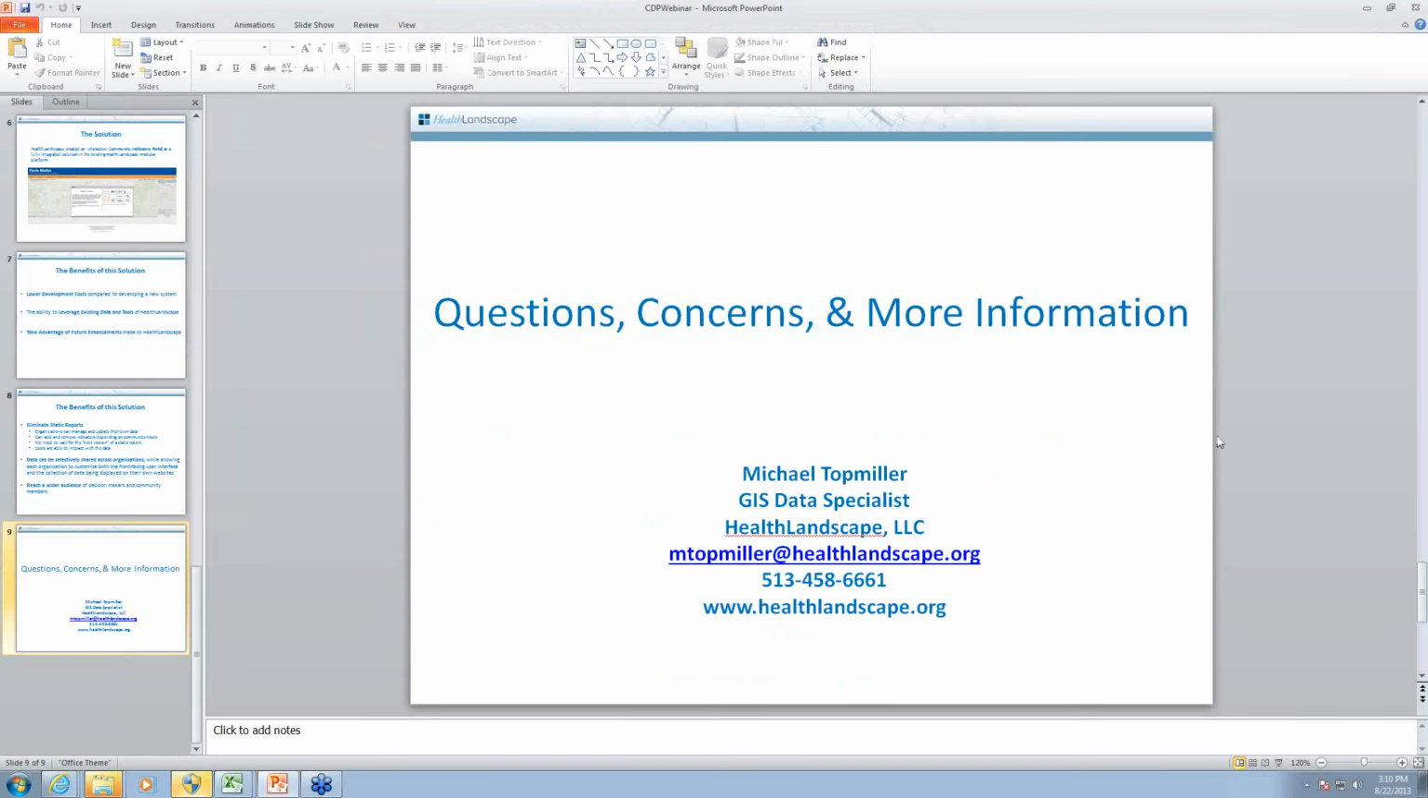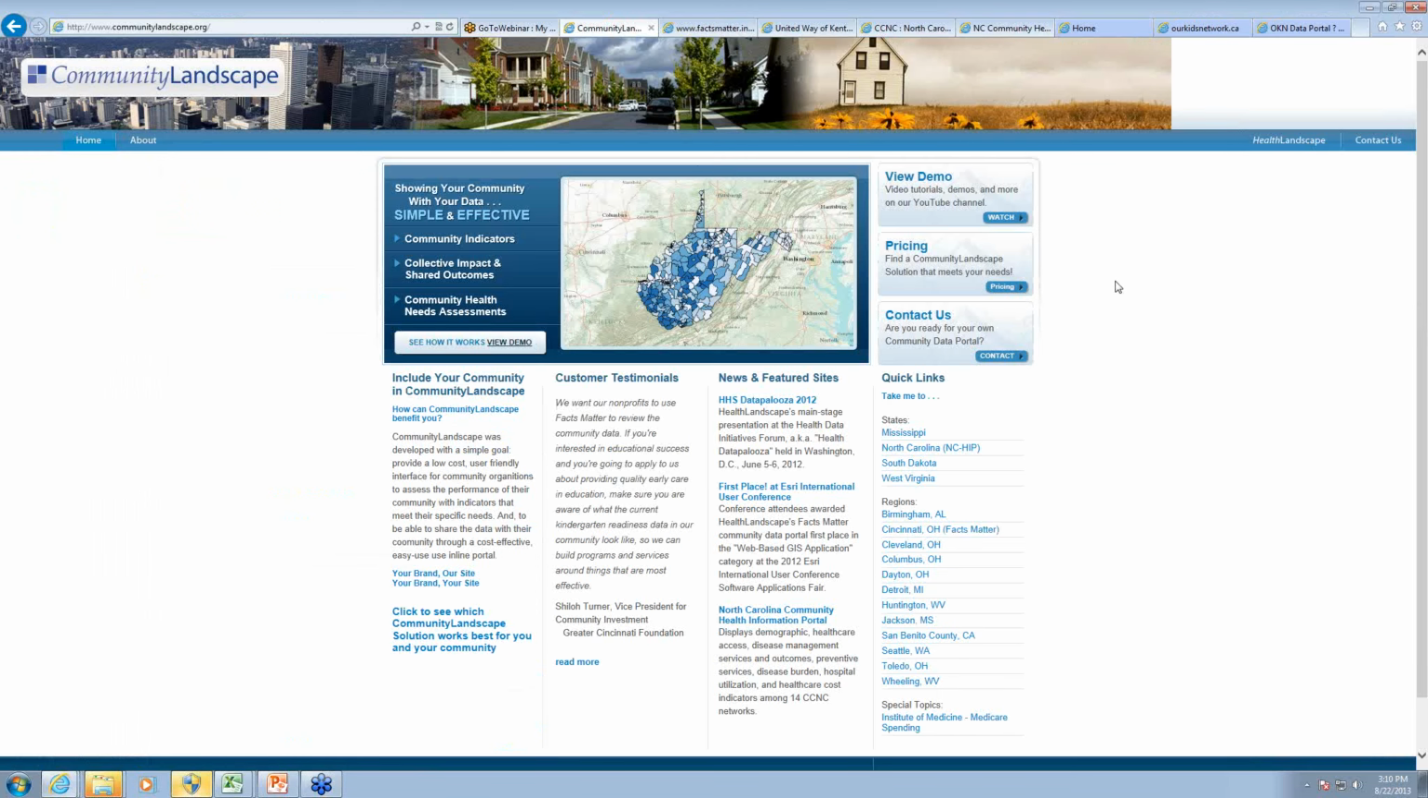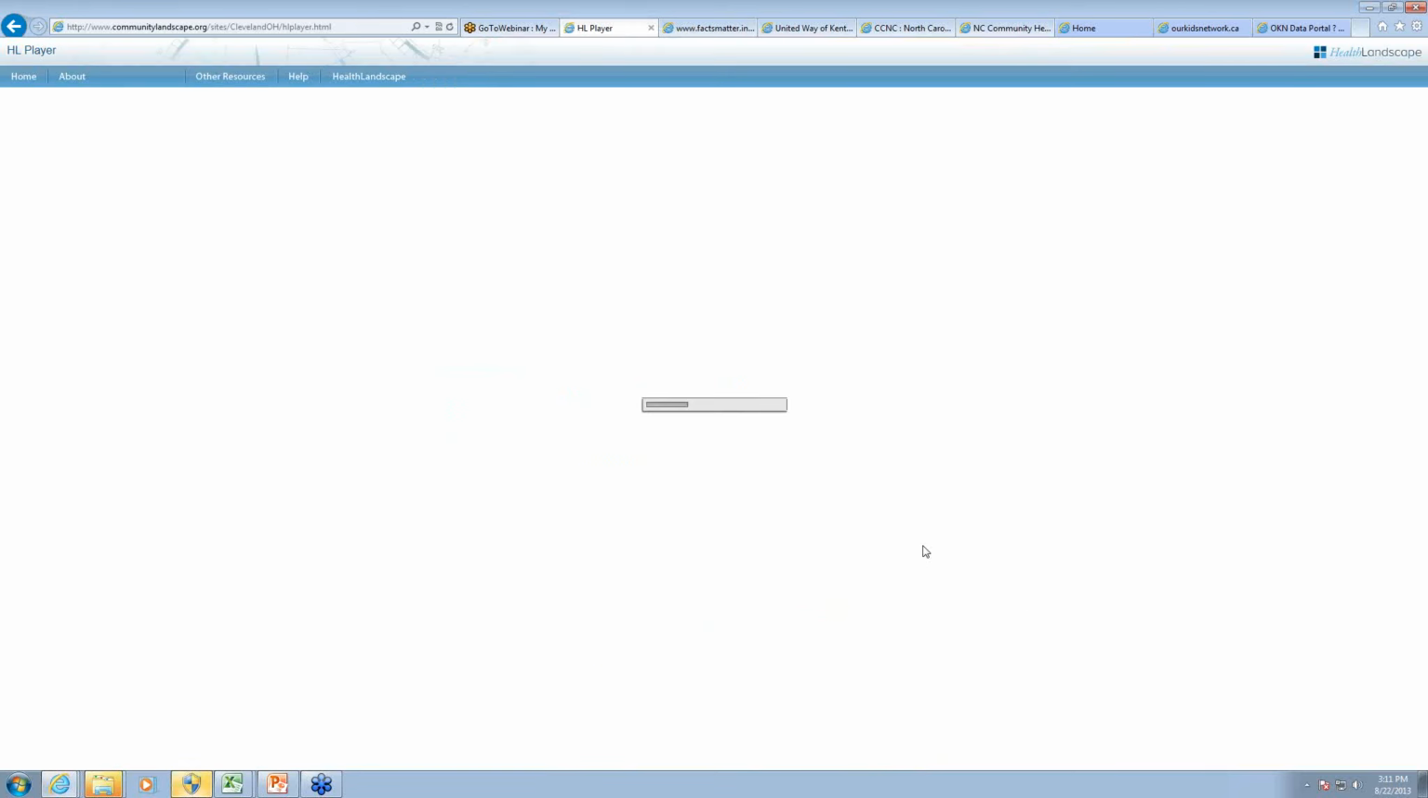So now I'm going to go ahead and jump into some examples. Well, first I'll show you CommunityLandscape. This is just communitylandscape.org, and this is where there's more information about our data portals. And also, if you look at the links on the bottom right hand here, we have links to a number of demo sites that we've created, in addition to all the live sites that we've created for different people